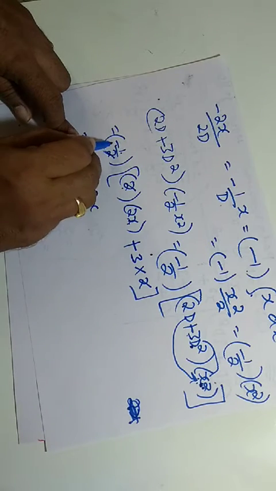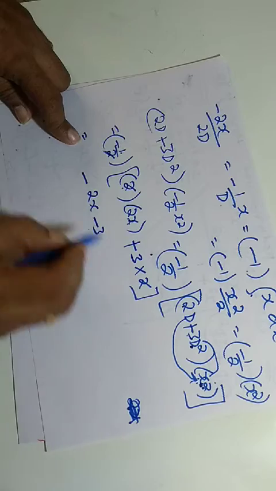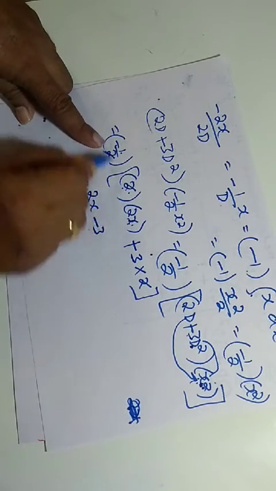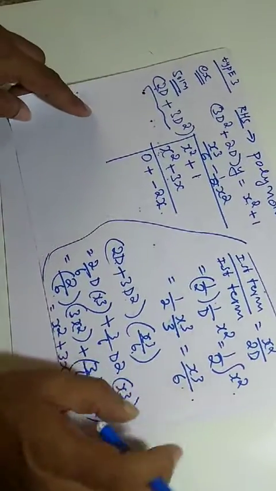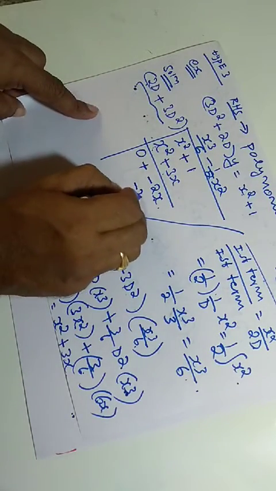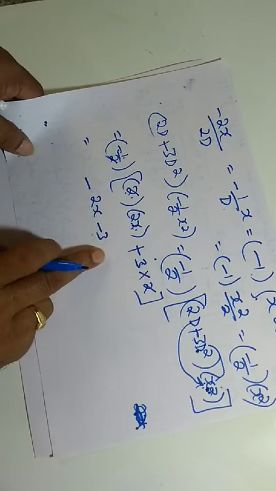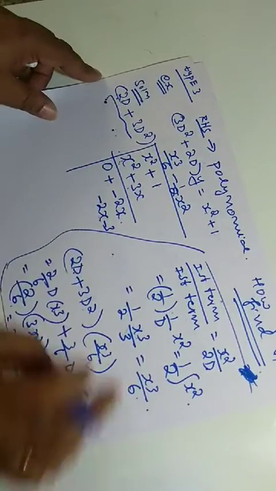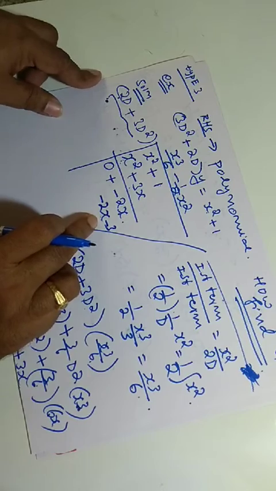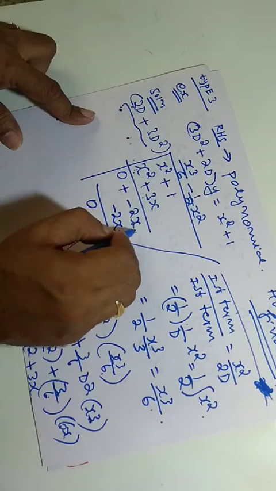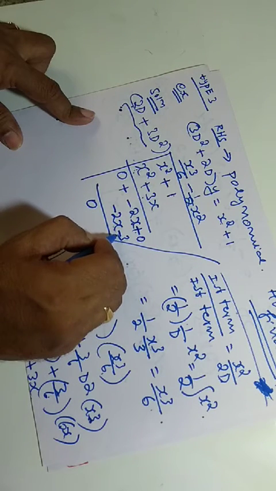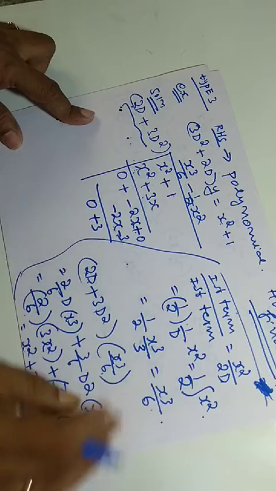Here minus 3. Right, 2 cancels. Minus 2x, minus 3 you are getting. So this result what you got, minus 2x minus 3, I am writing that here. Here the result you got, minus 2x minus 3, I should write here. So therefore, when I subtract, minus 2x cancels to 0, and this becomes, when subtracting, plus 3.